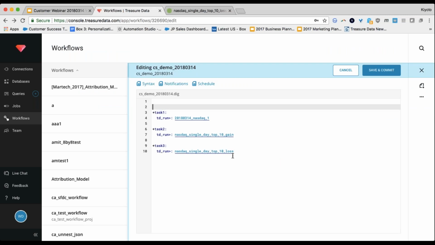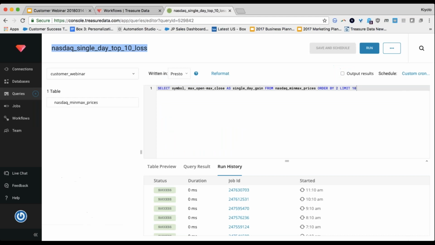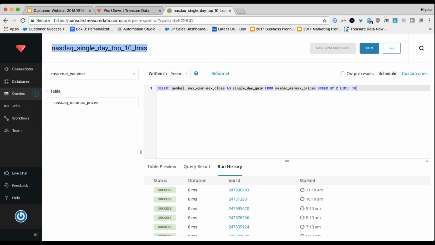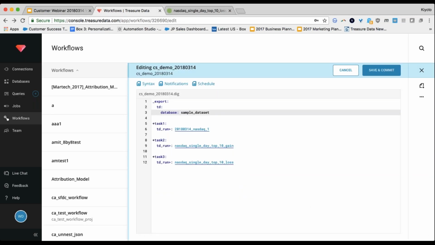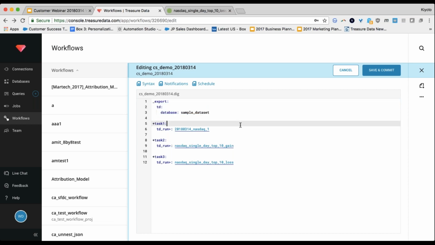To specify the database, what I will do is I have this meta section export and TD database, and the database is called sample dataset. And while I'm here, I probably have to change this other query too. Yeah, and so that should be sufficient. If you're in a situation where your saved queries already reference the database in the query itself, you won't have this issue. But if you just reference the table,